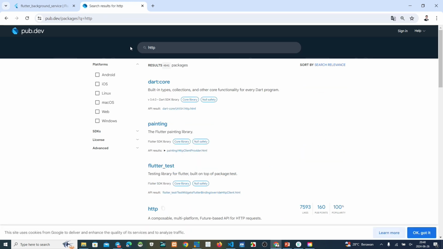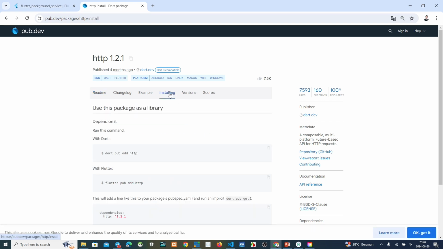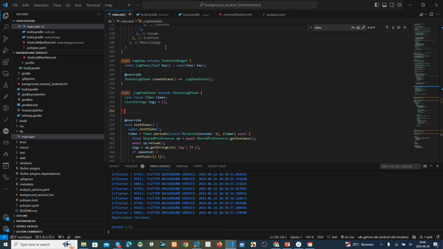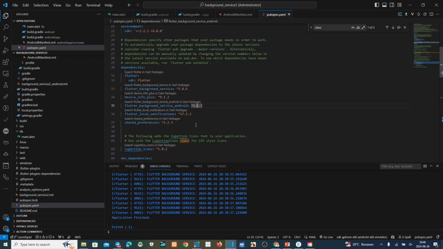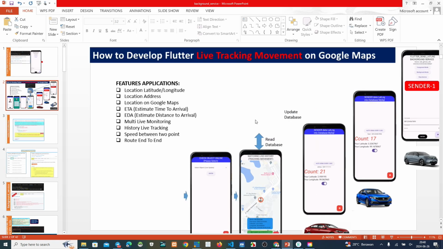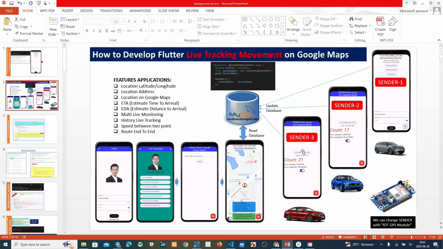HTTP, this one. Install. Take the dependencies here. Copy. Paste back here. Okay, get. And after that we want to take the location, where the latitude and longitude are, and then send it here by using HTTP.